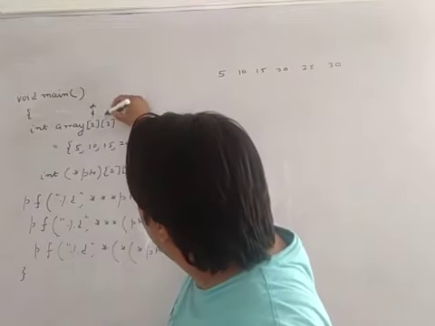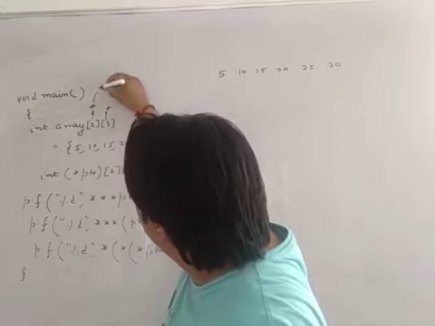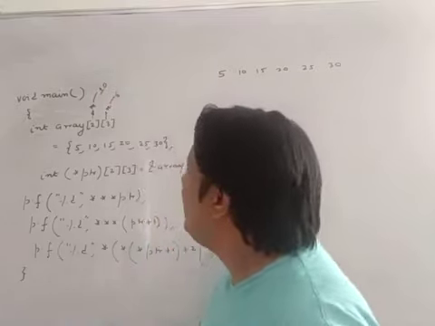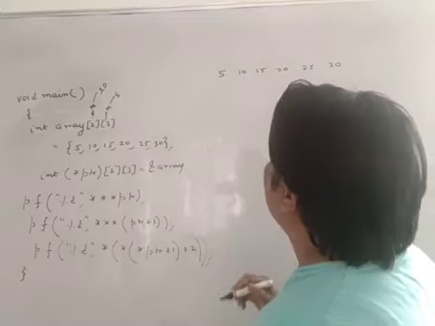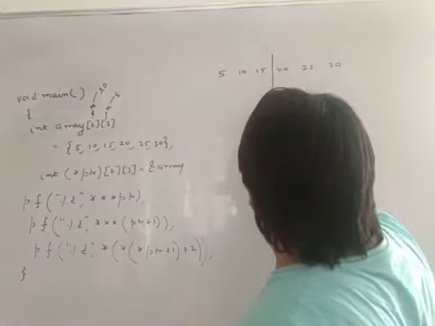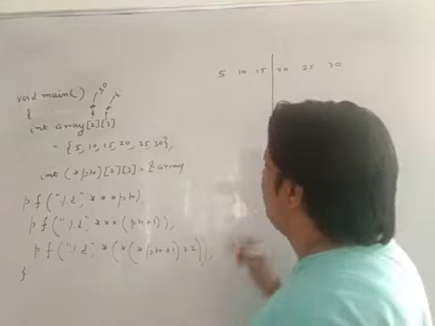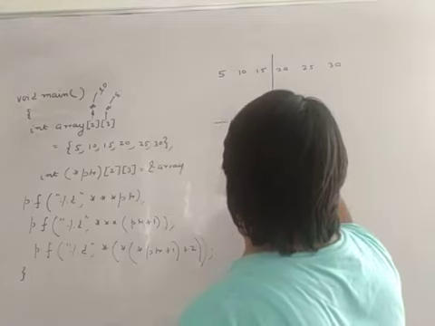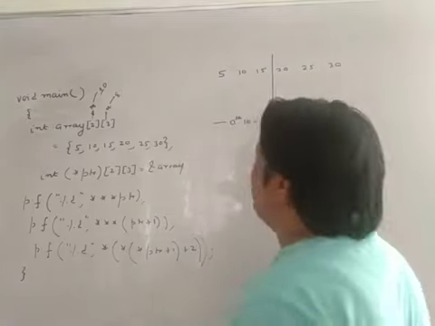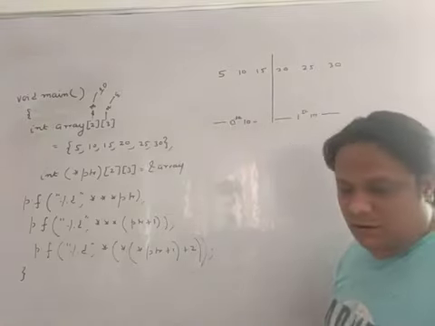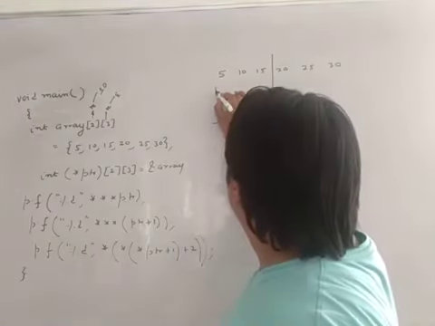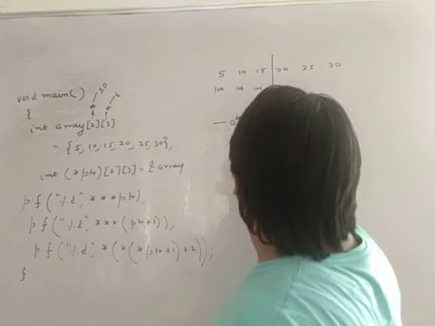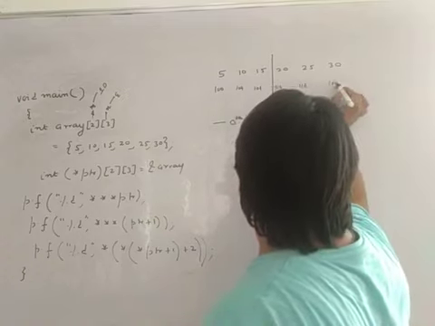If this is your m and this is your n, then this m is your number of 1D arrays and this n is your number of elements in each 1D array. So I can say that in this 2D array I have two 1D arrays and each 1D consists of how many elements? 3 elements. Fine. So this is my 0th 1D array and this is my first 1D array. Fine. Now let's suppose the base address starts from 100 and this is 104, 108, 112, 116 and suppose 120.